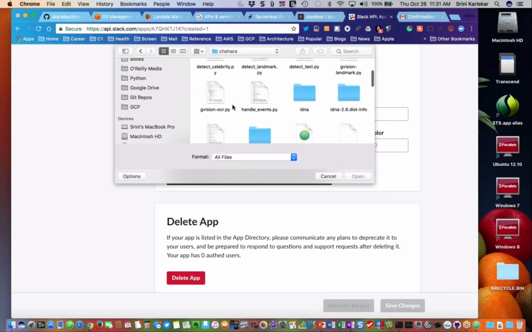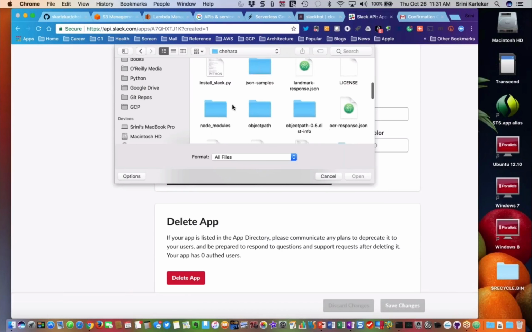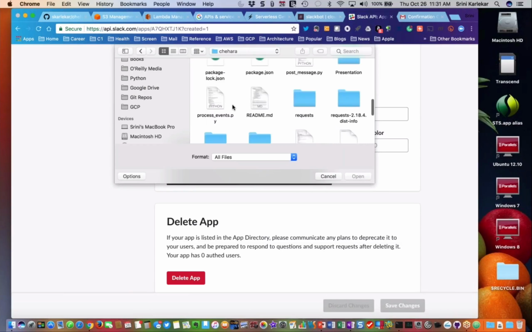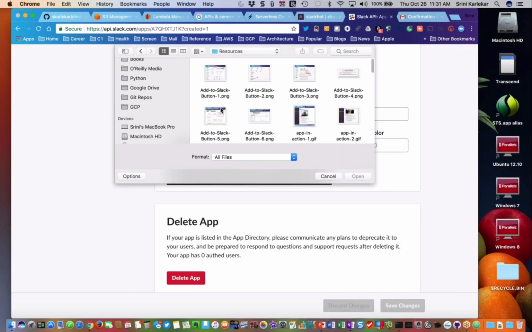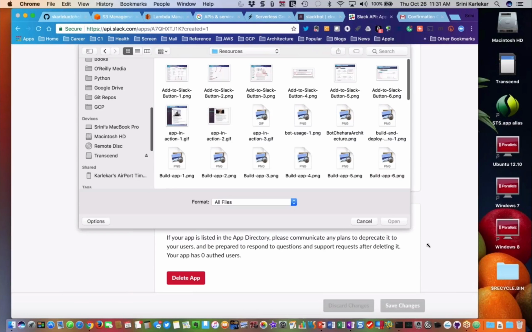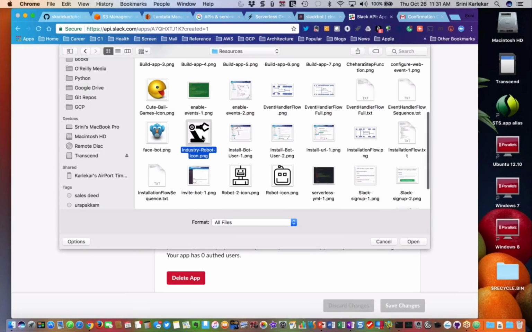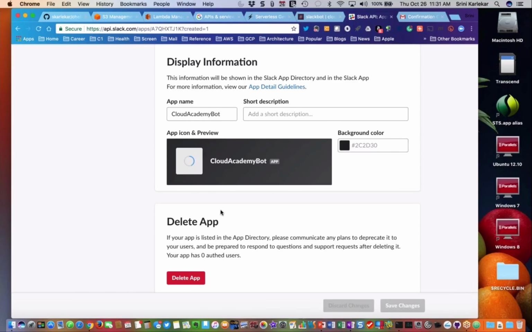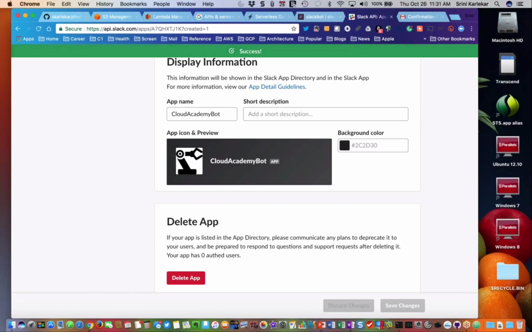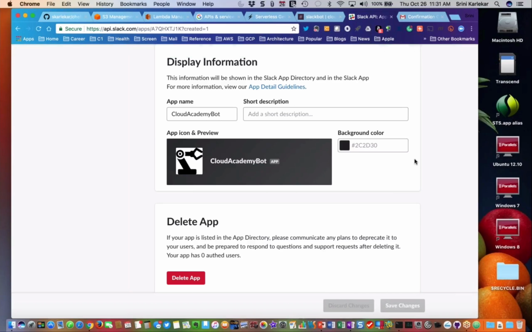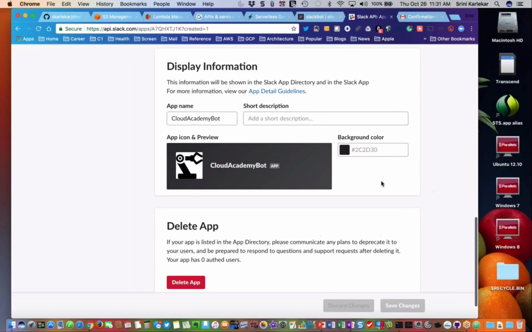There is a directory called Resources somewhere here. This is something that I want to use, so let's pull that. All right, so now that is added,